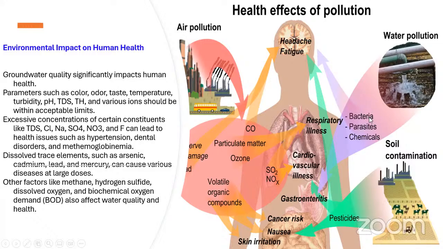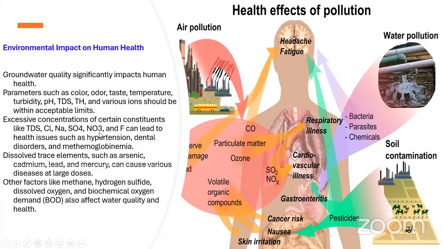or due to water pollution, bacteria, parasites, and chemicals may affect our digestion system. Like that, these are the environmental impacts on human health. And here you can observe groundwater quality significantly impacts human health. Parameters such as color, odor, taste, temperature, turbidity, pH, total dissolved solids (TDS), total hardness, and various ions should be within acceptable limits. Excessive concentrations of certain constituents like TDS, chloride,